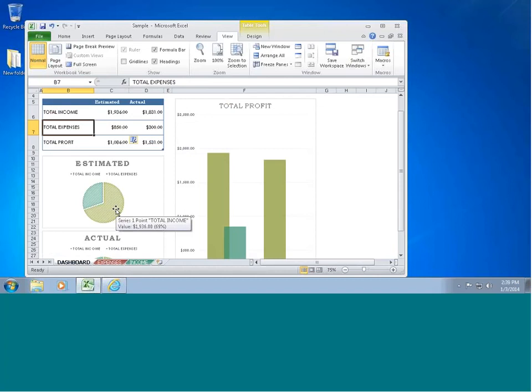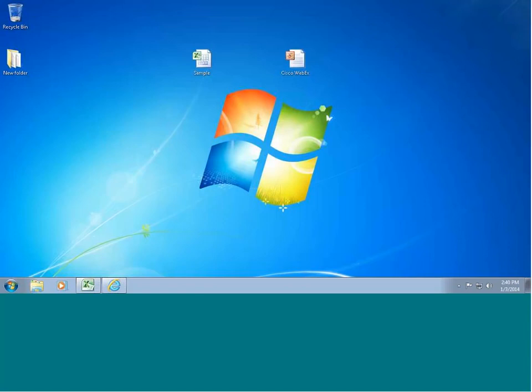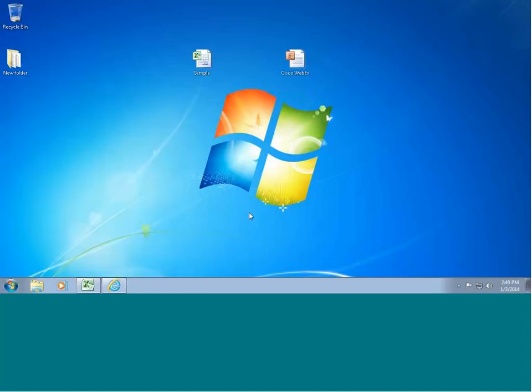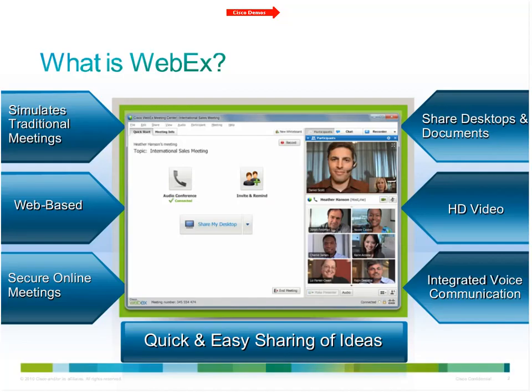So in case you do need to work on, for example, an Excel sheet, you're working on some designs, or even using a browser-based application, you'll be able to pass that control around. And in case you're working on some changes, you'll be able to save them and offer a copy of the file to your attendees as well. So keep in mind you have the option to instantly share your desktop and share multiple applications or documents all at once. Now, if you don't want to share your entire desktop, you can easily choose to share one specific application